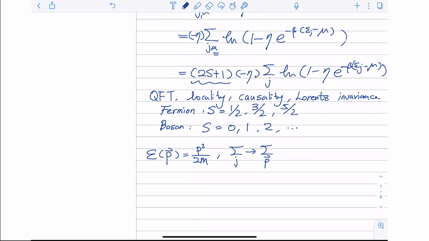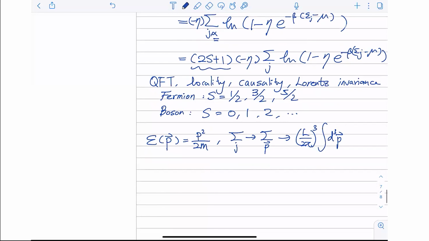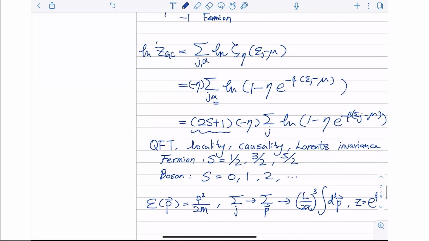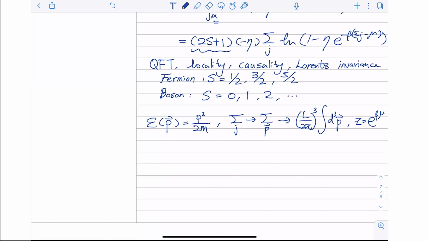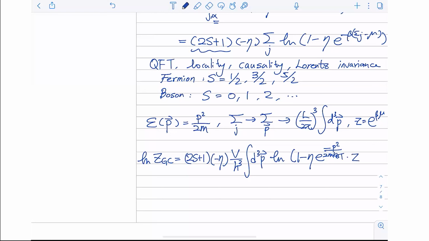And in 3 dimensions, if we consider the continuous limit, it will be related to this particular integral. And here, if we assume z, which is the fugacity, then we can further simplify this natural log of the grand canonical partition function as,